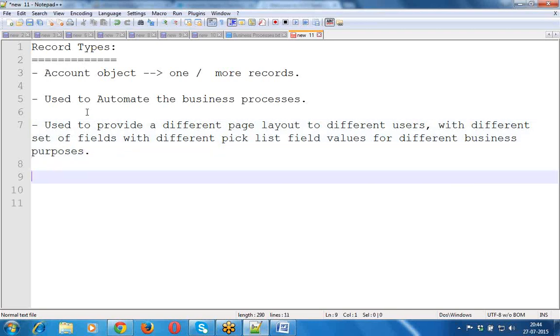Okay. So the record types are used to provide a different page layout to different users with a different set of fields with different pick list field values for different business purposes.